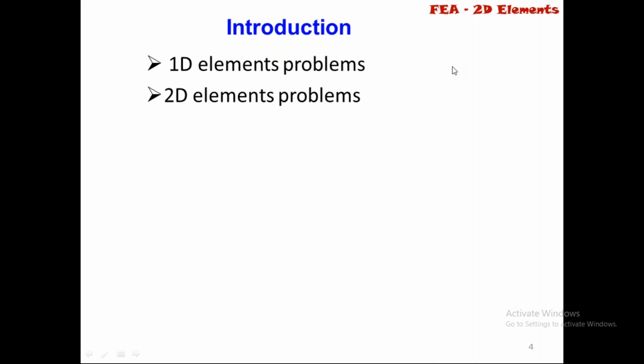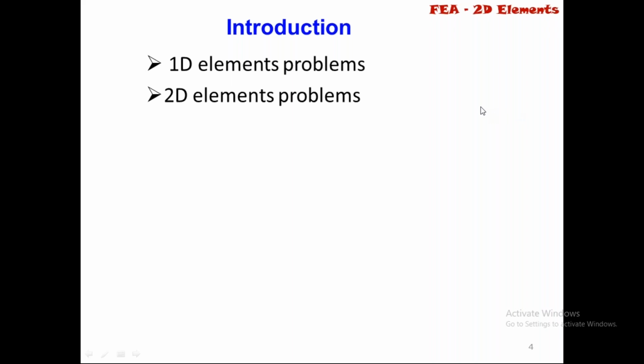Yes, 6, because this number represents the size of your global stiffness matrix. Each node has 2 degrees of freedom, and there are 3 nodes, which means a total of 6 degrees of freedom. Ultimately, your global stiffness matrix size is equal to 6 by 6. If you decide this correctly, you can formulate the element stiffness matrix easily.